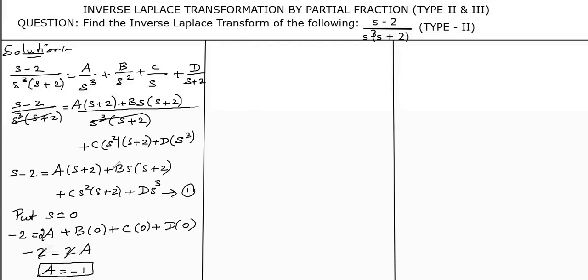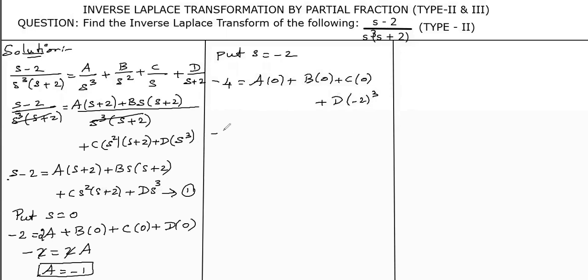Now what else can we apply here? Just put the value of s as minus 2. Wherever you are having this s, see here, when we apply minus 2 here, minus 2 plus 2 will become 0. So a will be 0. Like that, you have to think. Now, the left hand side, minus 2 will become minus 4 equals a will become 0. And similarly, see here, b is having s plus 2 here. So b will also become 0. Also, c is having s square, s plus 2 here. So again, c will become 0. Only d will be the remaining term. D times s cube is there. So d times minus 2 the whole cube.